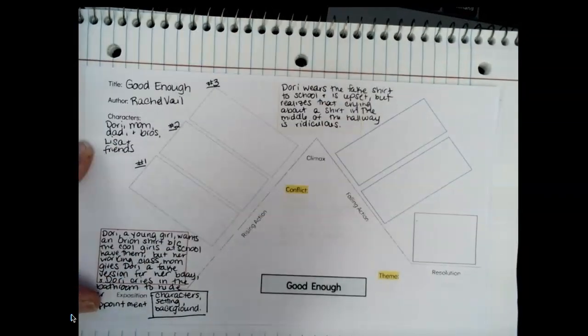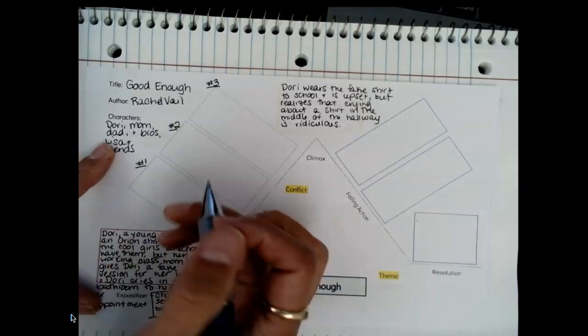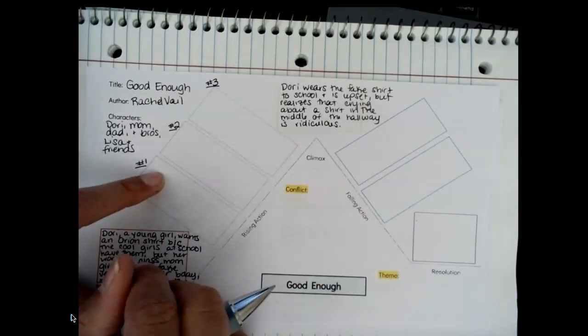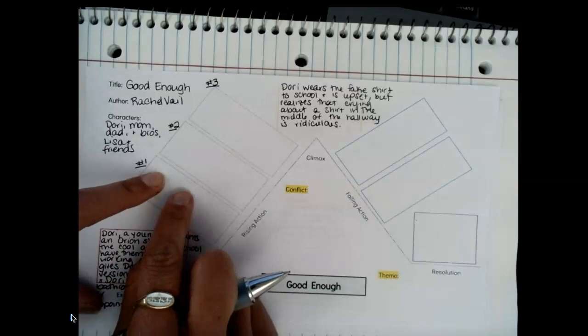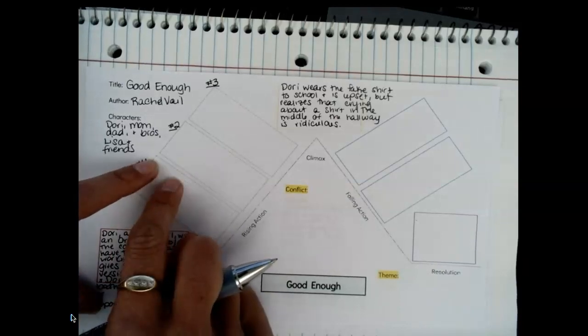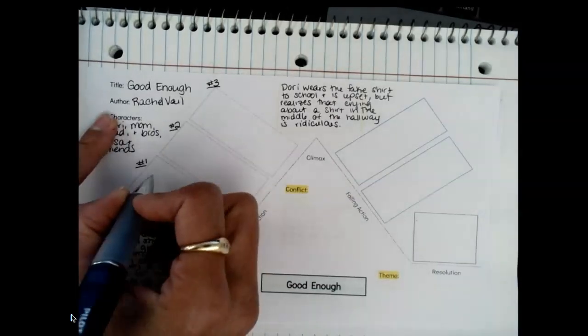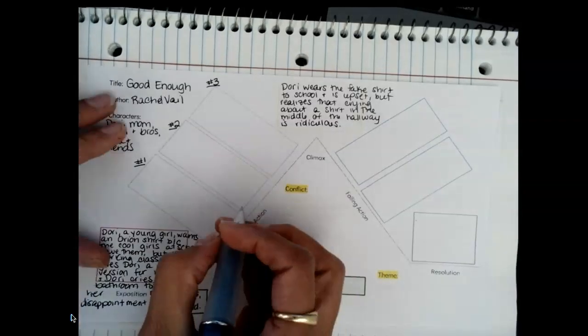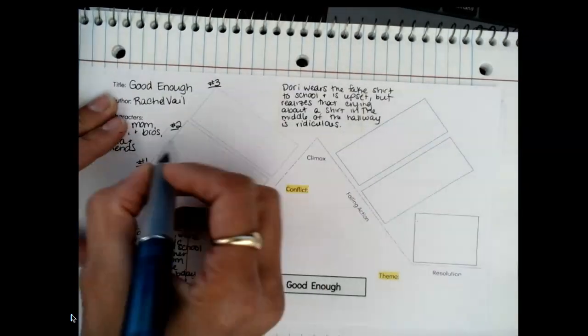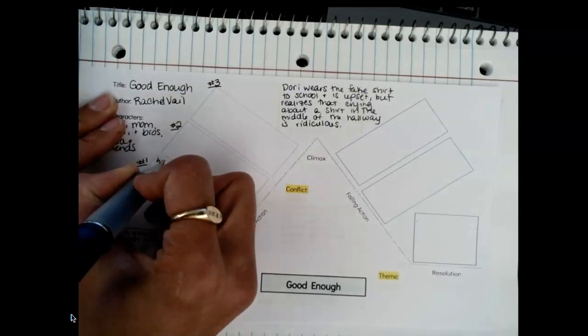So if we're thinking back to the beginning of the story after she's crying, we know that that was kind of like a flash forward, and then we go back in time. And that first scene when we go back in time is about when she's doing her math work, right? And her mom is like, what do you want for your birthday? Okay, so we're going to write here